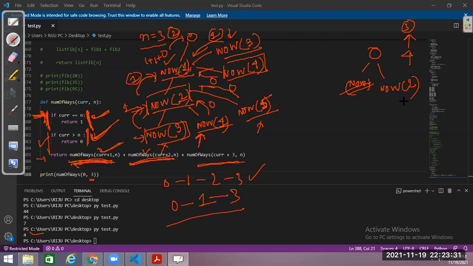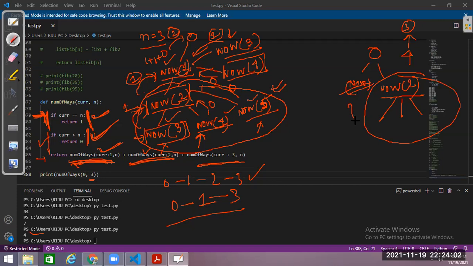And then from number of ways of 2, what will happen? Again, number of ways of 2 requires what? Do I have to call again these 3 functions? These three functions that I have already calculated, will they be required here also?